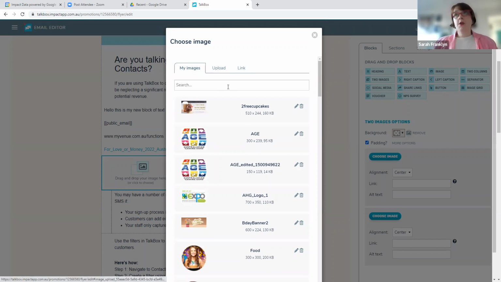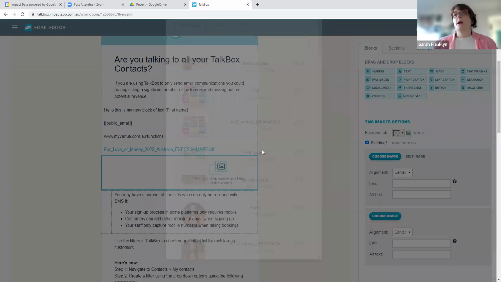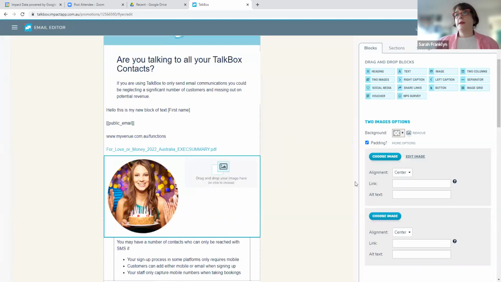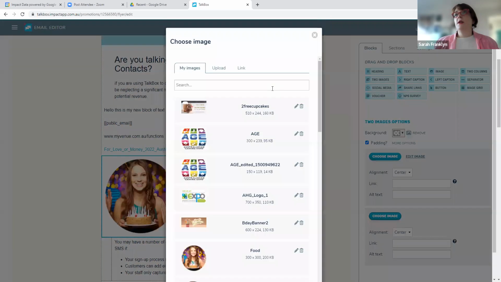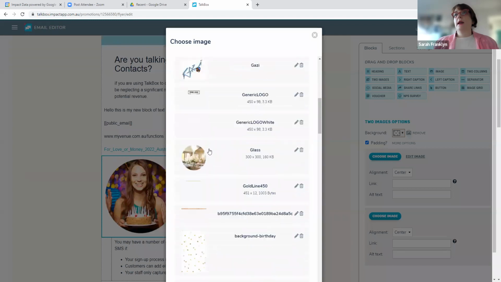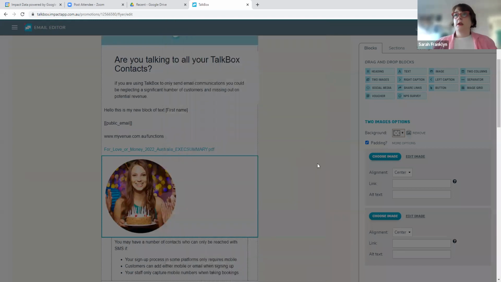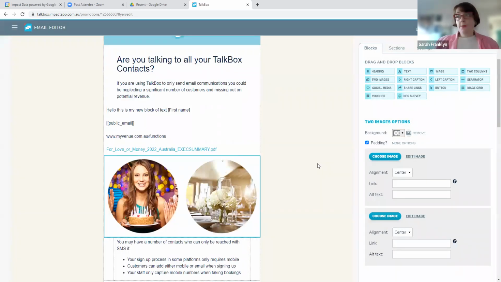I could upload some new ones, or I could link it if they're available online. But I'm just going to choose one of the ones that I've already used previously. And in my second image block, I'm going to do the same thing, and I'm going to add this beautiful picture in here. So there we go. We've got 2 images side by side, and I can link them off to a page